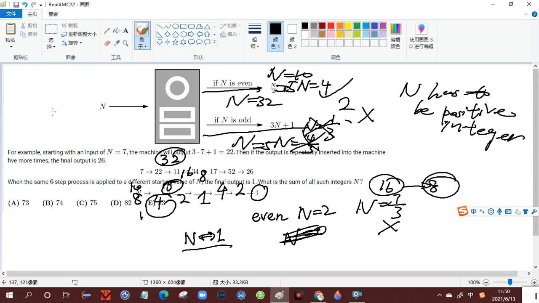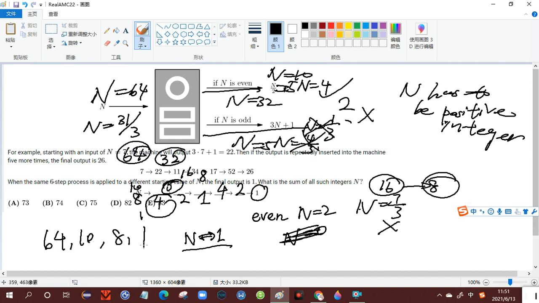For 32, if using the odd method, the n value has to be 31 out of 3, which is not acceptable. If n is even, n can be 64, which is acceptable. So the only input for 32 is 64. So we know the 4 possible inputs are 64, 10, 8, 1. Therefore, the final solution is going to be